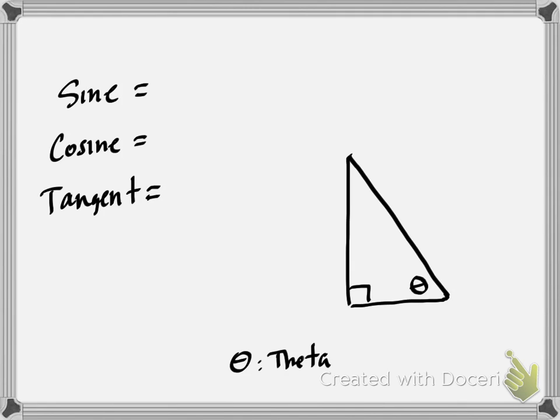Anyway, if you're looking at the angle theta and you say that these three sides are A, B, and C, what we say is the sine of theta